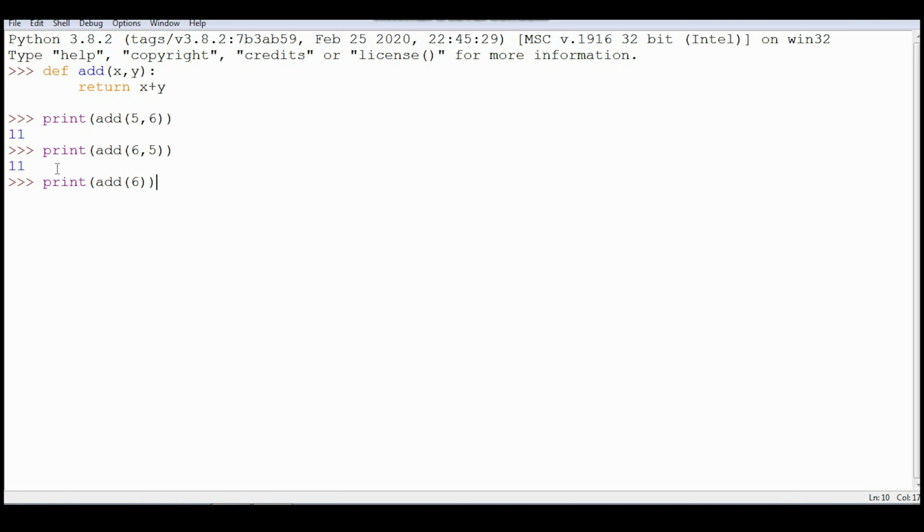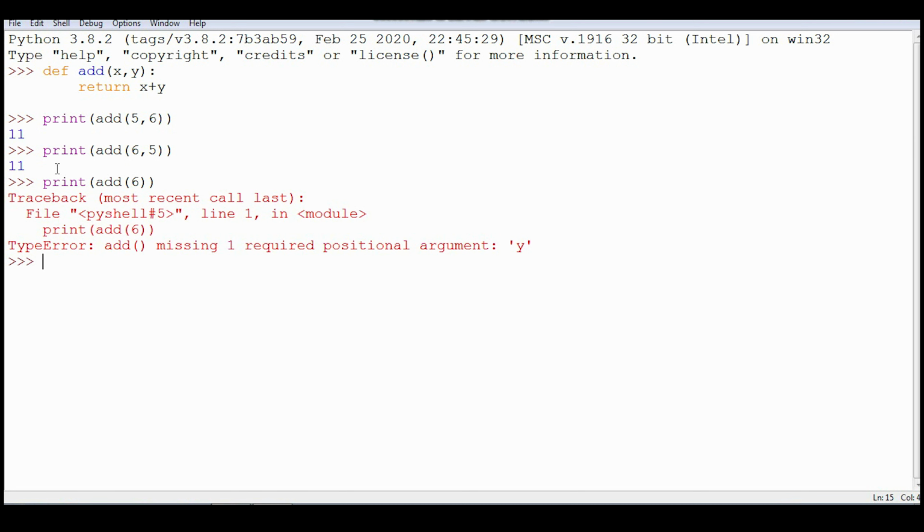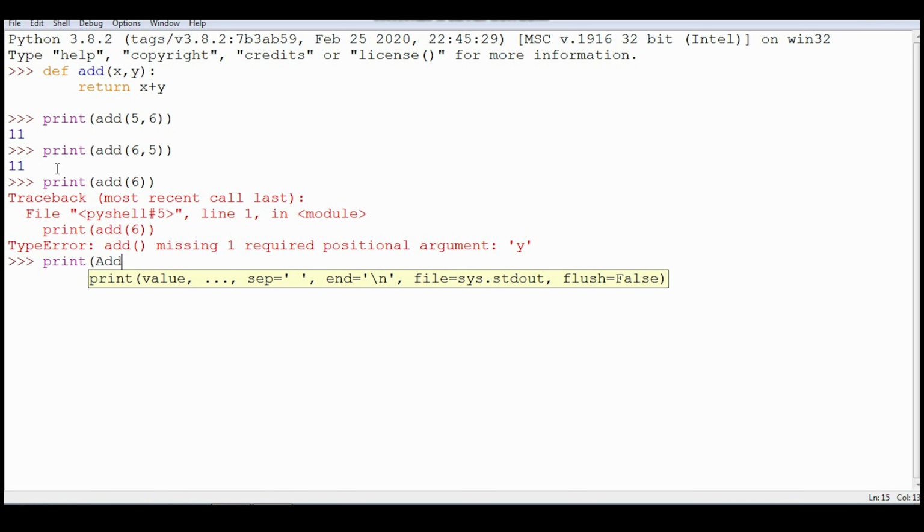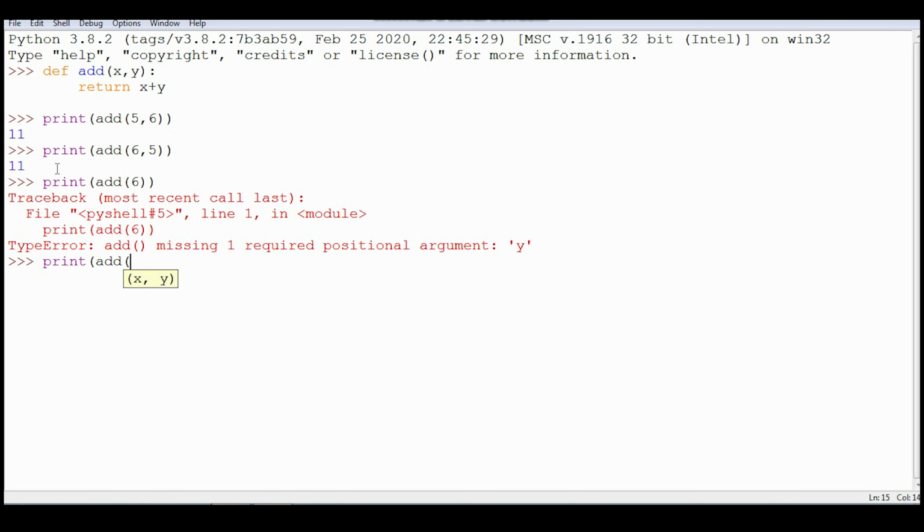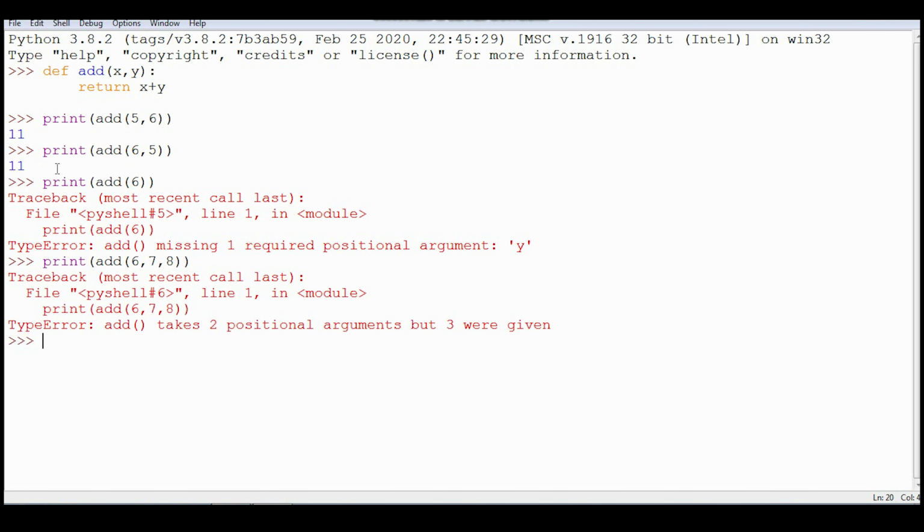It will say one argument y is missing: missing one required positional argument y. And suppose you call it with extra arguments like 6, 7, 8. It will say it is expecting 2 but 3 were passed. You can see the error: takes 2 positional arguments but 3 were given. I hope it is clear to you.